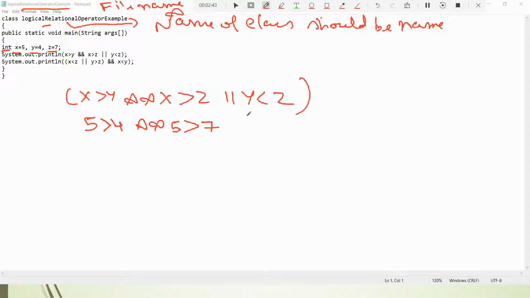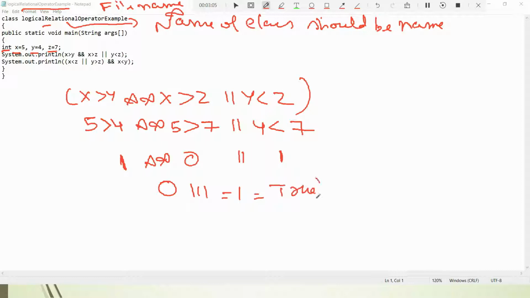We have seen the or case: 4 is less than 7 is true, so I can write or then 5 greater than 7, this is false, 0. And y greater than 4 is 1. So 1 and 0 is always 0, students. 0 or 1 will be 1, which is nothing but true. So this is our first case.